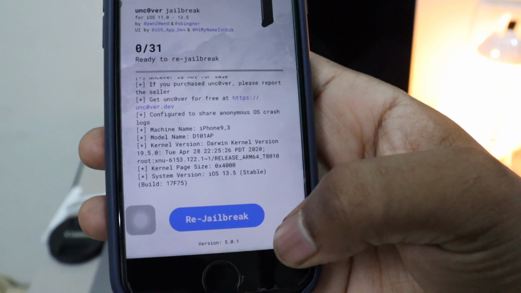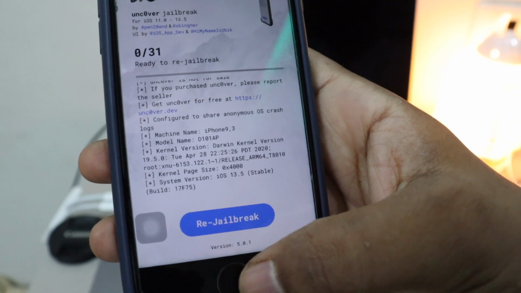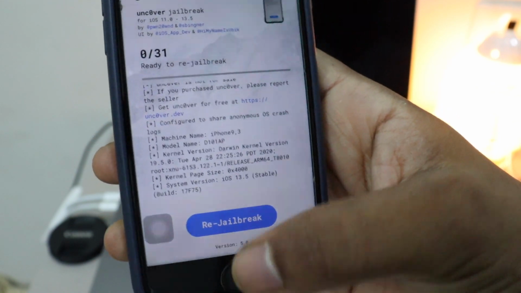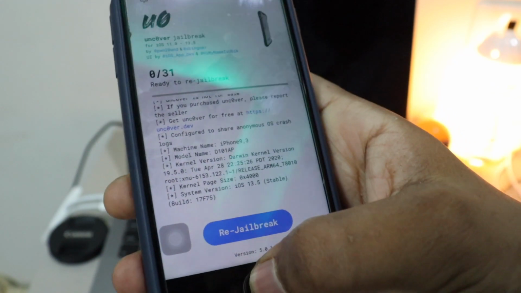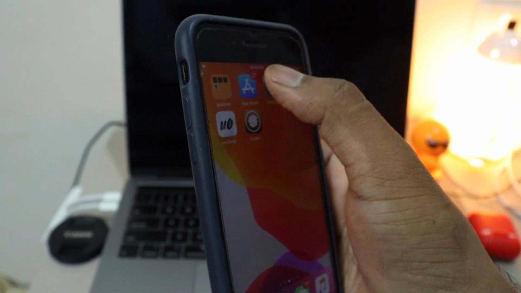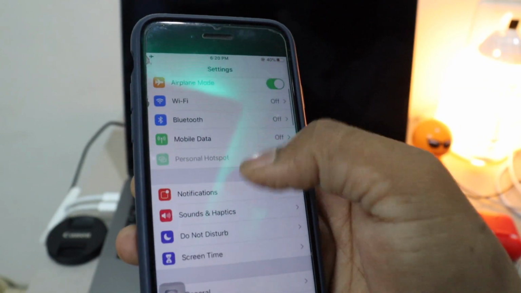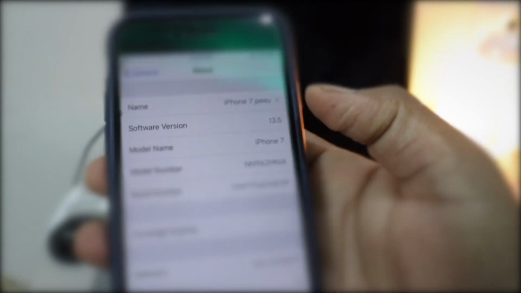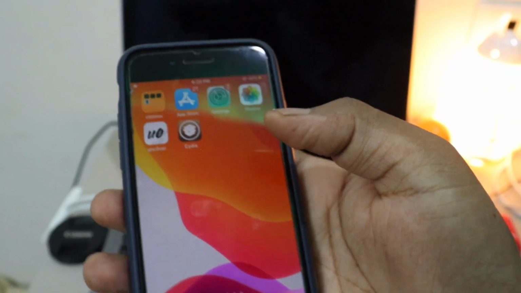As you can see, re-jailbreak, that means you are jailbroken to the 5.0.1 version on 13.5. Let me show you, I'm on iOS 13.5, as you can see, working on iOS 13.5 completely.